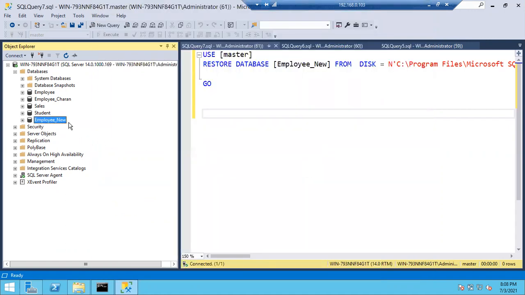Once the database comes online, you cannot restore other backups. Again, you have to start restoring from the full backup. Got my point? In case you want to restore others, you just forget about other backups. Say there is one more tail log backup that you want to restore now, but by mistake you just kept the database in recovery. So the database went into recovery and came online. Now, in case you want to restore the tail log backup, you cannot restore. Again, you have to start restoring from the full, differential, log and tail log backup.